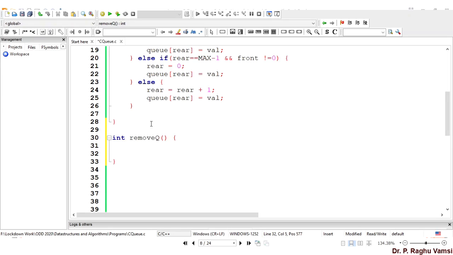So, when can you remove the element from the queue? When the queue is not empty, you can remove the element from the queue. You can say queue is empty if front is equal to -1.